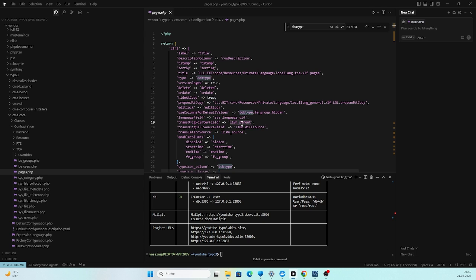This is advanced, guys, so we don't need to worry about that. And the translation source is also, yeah, we don't need to worry about that. This is simply some internal stuff for TYPO3, so we don't need to worry about that. But it's good to have these fields also for our own